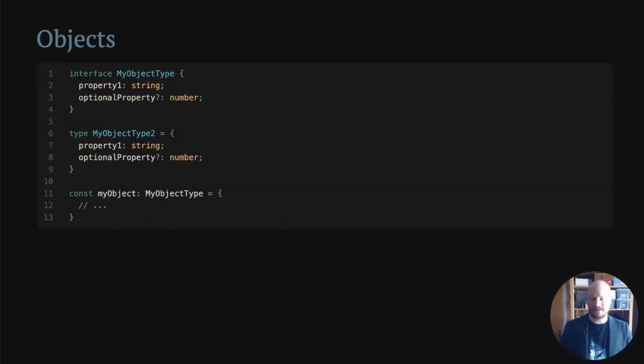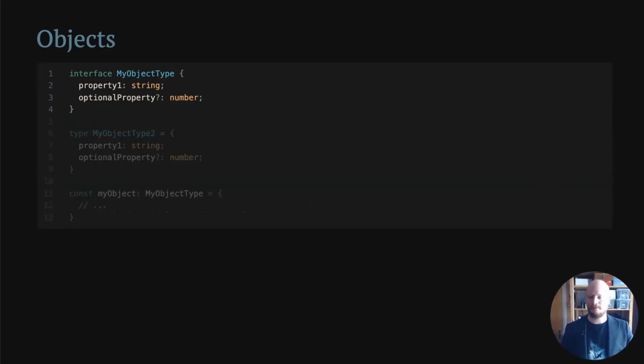Typing objects, and this is, I think, the most types you will write in a TypeScript code base. The first way we've seen already: you write the keyword interface and then your type name, and then a bracket, without the equal sign. Careful to not write the equal sign before the bracket.